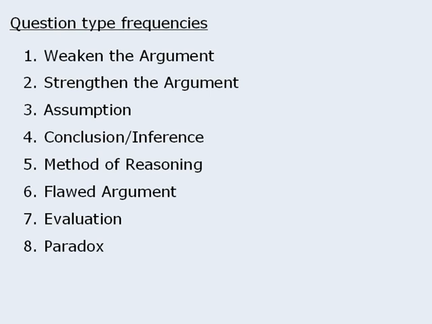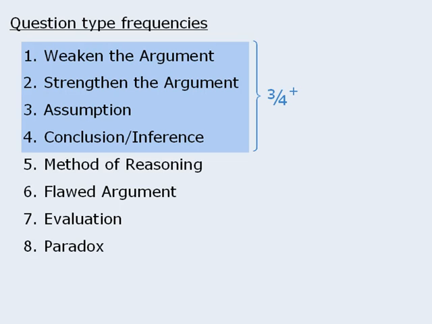Now at this point in the module, we have examined the strategies for tackling all 8 types of critical reasoning questions. However, as you prepare for the GMAT, it's important to know that these 8 question types are not tested with the same frequencies. In fact, the majority of questions fall into one of these 4 categories, and in most cases, they will account for over 3/4 of the critical reasoning questions you encounter on test day. Given this, it's imperative that you devote the majority of your critical reasoning prep time to strengthening your ability to solve the 4 most common types.